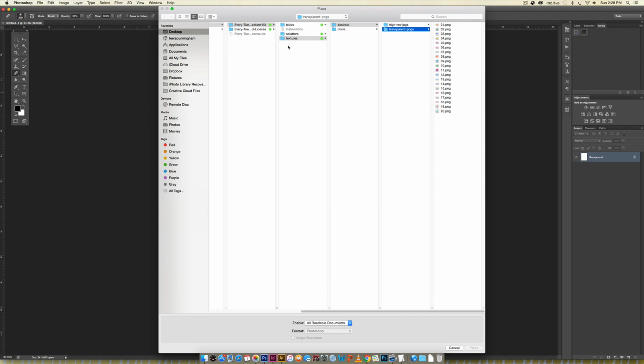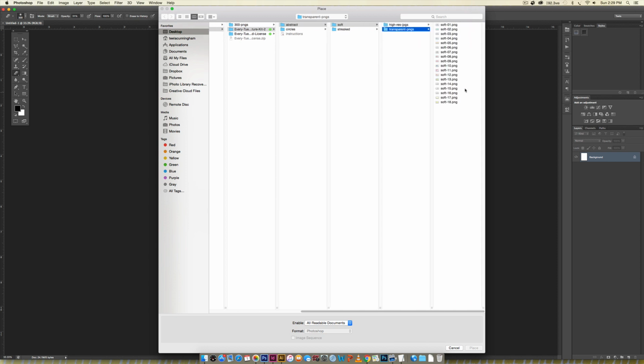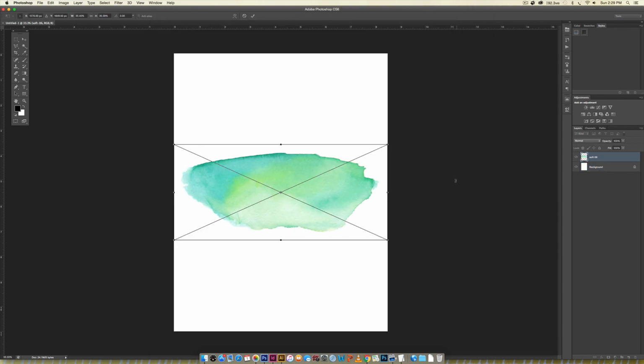Okay, so I'm going to go into my volume 2. I've got 2 different kits right now, and I'm just going to grab an abstract, soft, transparent texture, and you can see I've got a whole bunch of them right here, all different colors and different shapes, and I think I'm going to grab this soft 6. So I'm going to hit Place and it's just going to drop right into my document, and next I'm going